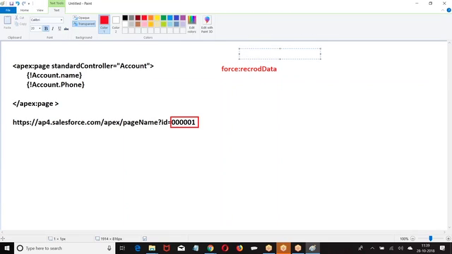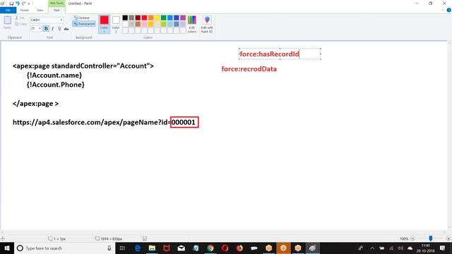Now, when I say force has record ID, that interface will ensure to read the ID of the record on which the LDS is working. Has record ID will ensure that you are passing the ID of the record. In case you want to implement an LDS service, it is a must that you implement an interface called